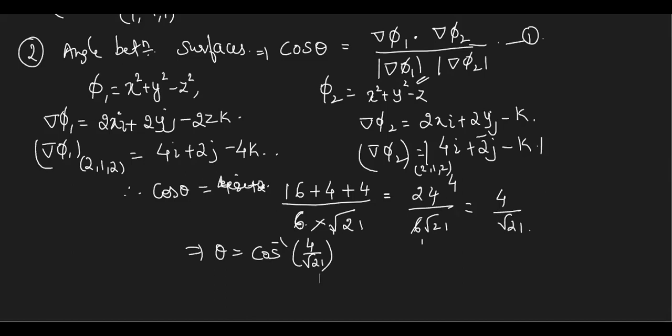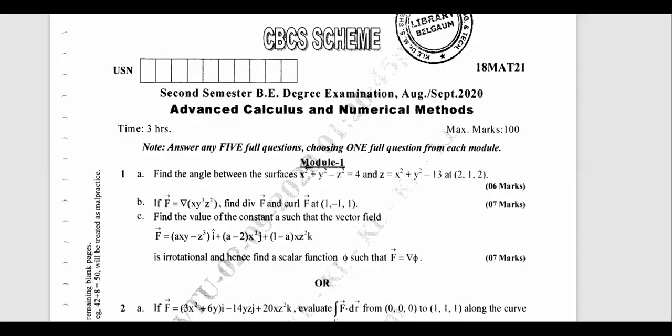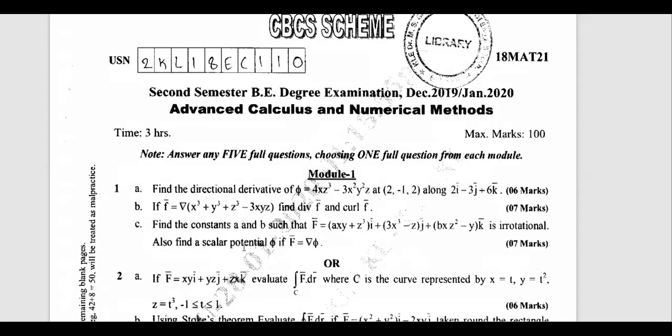Now, shall I take the next? Is it done for everybody? Okay, this is done, now I'll go for the next. Here they have not asked the angle between. And one more thing I've observed: in the first question they have asked vector differentiation, and in the second question vector integration. Usually they don't do it. Don't know, maybe to avoid confusion, in all the three papers.